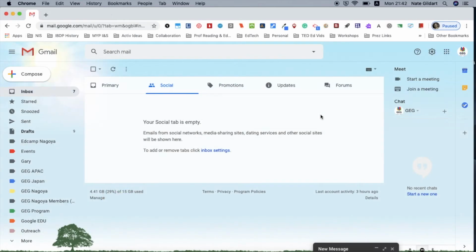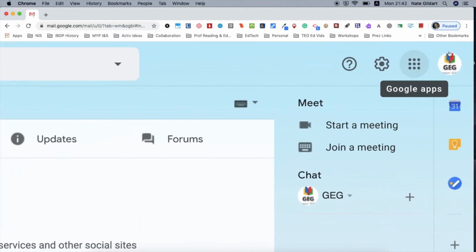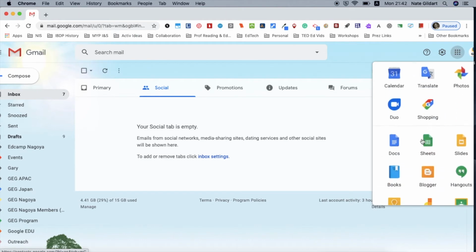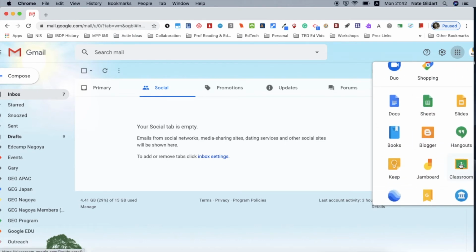In this study group, we will be keeping resources in Google Classroom from a Google Training account. You should have received an email. If you're not using a Google domain, you just have to accept the invitation. If you're using a Google account, you can just go up to your apps launcher here, scroll down to where it says Classroom,